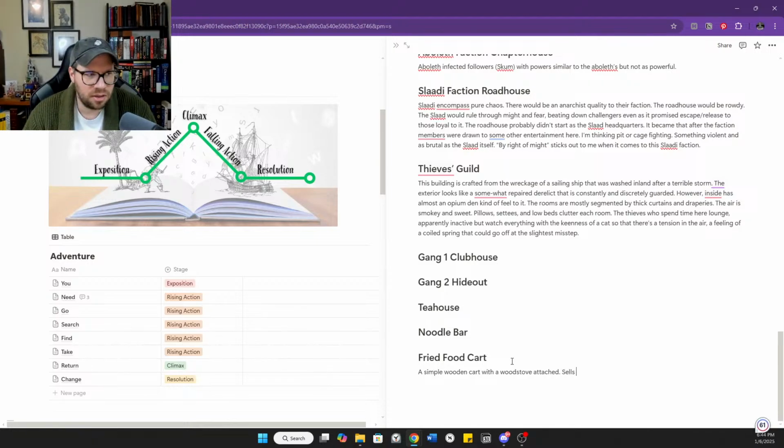Sells, I think, maybe fried squid and fried fish. Sells primarily fried squid and fish on a stick.